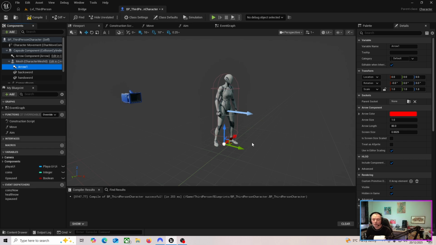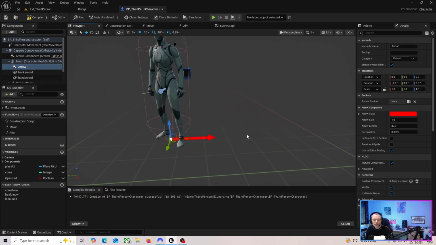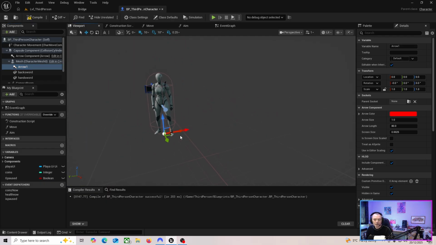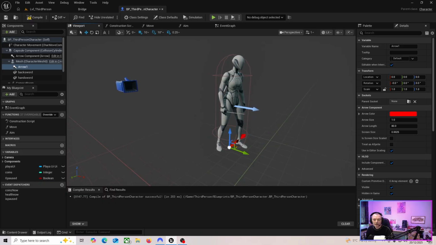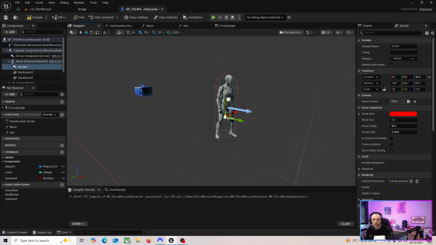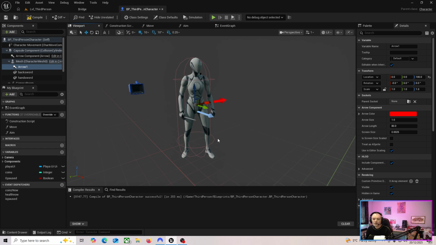That's all correct. But this arrow is going to be where the projectile spawns from. So if we were to create a projectile now and start spawning it, it would probably start spawning. You see this big red one, that's the direction it's going. So if we made a projectile and started spawning it, it would spawn out this way from this bottom bit here. So we're going to lift this arrow up as if it's coming from sort of like a gunshot type thing. And we're going to rotate the arrow as well